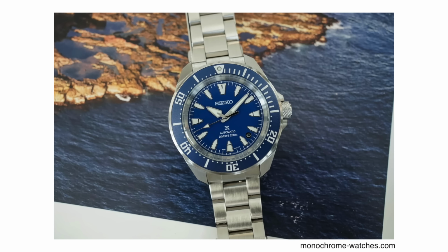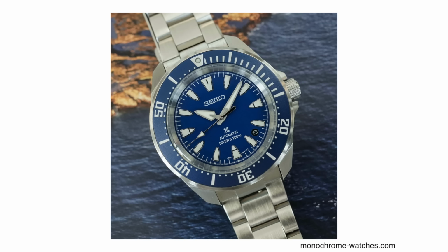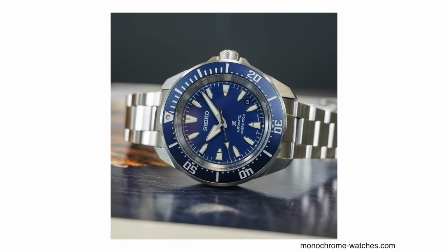What's different about this watch is, of course, the new colorway. Big fan of the colors chosen for this watch. In fact, I think Seiko really nailed it with pretty much all of their releases this week. I think it looks very sharp. Even the date window at 4:30 doesn't really bother me too much. I think the integration is pretty good. Would I prefer the date window at the 6 or the 3? Yes, I would. But we have what we have, so here I think it works better than a lot of